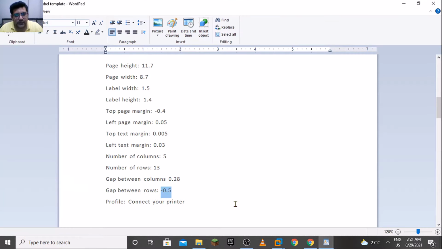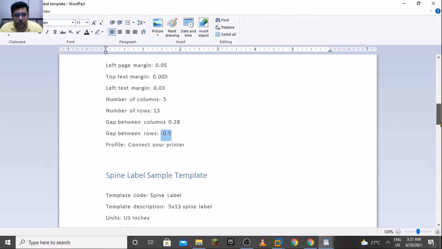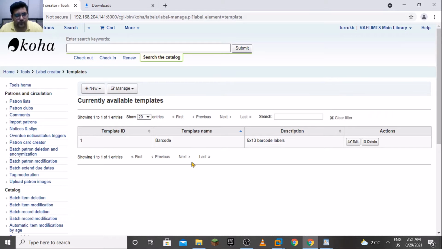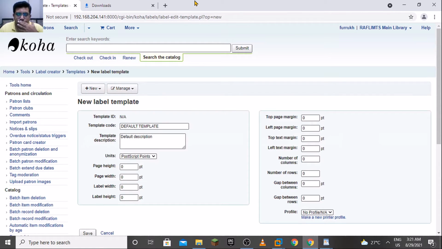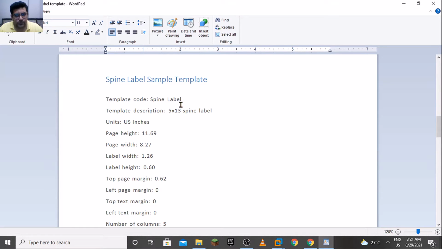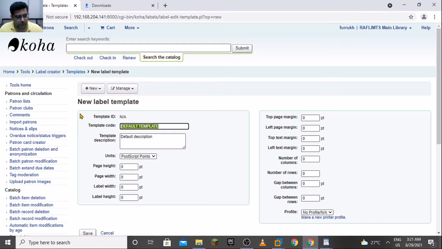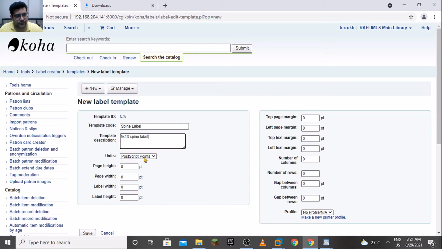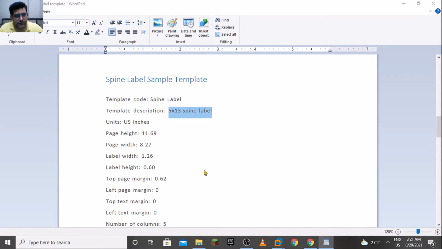And now we need to work on another template for spine label. So you need to write the name. I'm just copying and pasting quickly. Description, US inches,